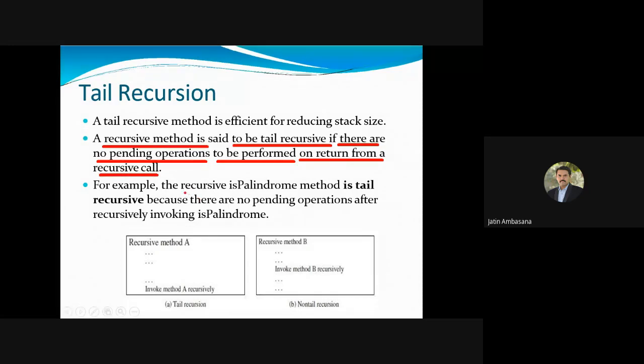For example, the recursive palindrome method is tail recursive. Once you return something, there is no pending operation. So the whole stack returns one by one. All the calls in the stack start returning. So there are no pending operations after you return something. Okay.